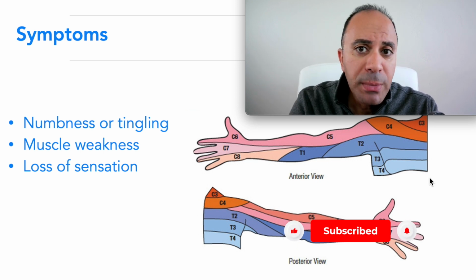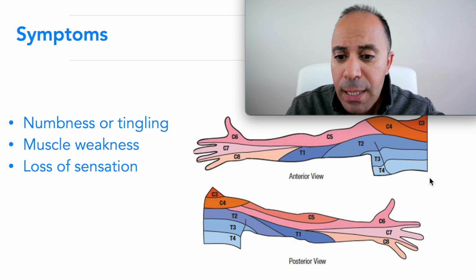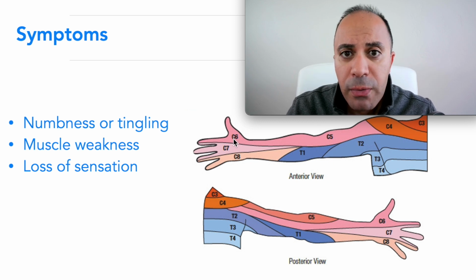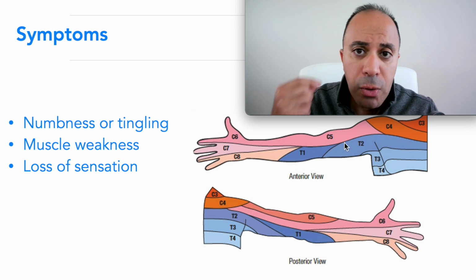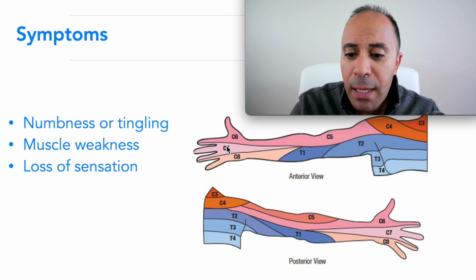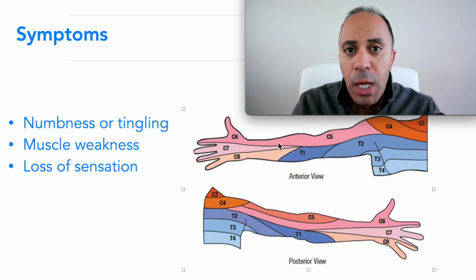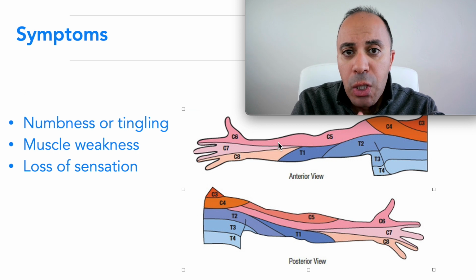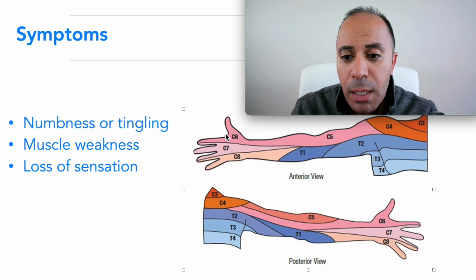Also, you might have some decreased sensation, where you lose your feeling. You can see here in this image the distribution of the cervical nerves, and each one of those Cs is responsible for part of the nerve that's coming from the neck. As you can see, this is the back of the hand, the posterior view here, and this is the front view that shows you the distribution of the nerve. And if you have pressure on any of these, you're gonna have symptoms that correspond to the distribution